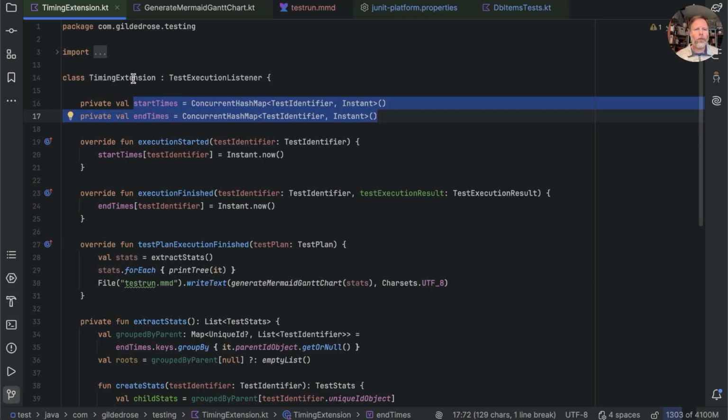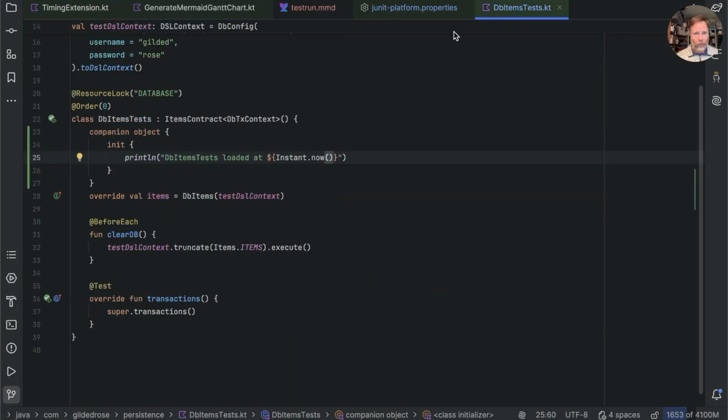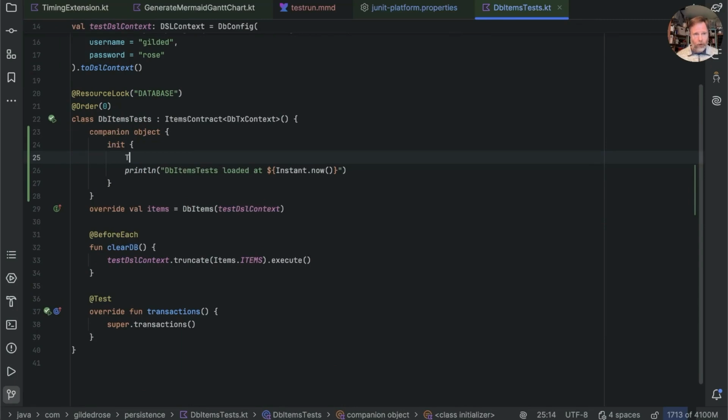There's a problem though, which is that we don't instantiate this timing extension. JUnit does that for us. So if we're going to affect the state of this thing, we're going to need to get hold of it in our DB items test somehow. What we actually want is something like timing